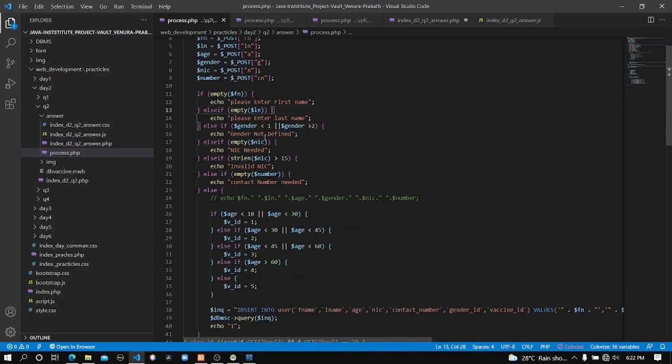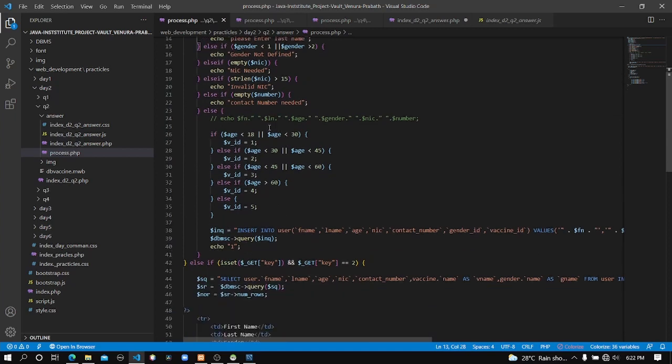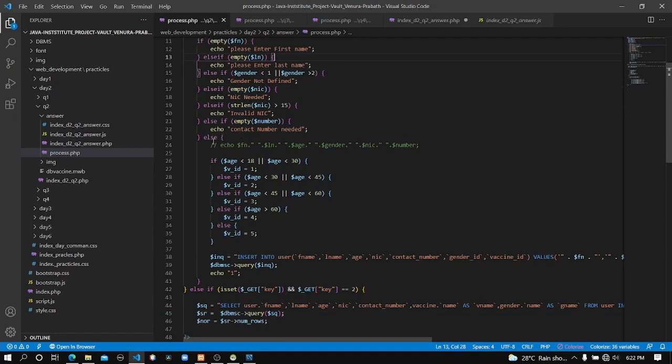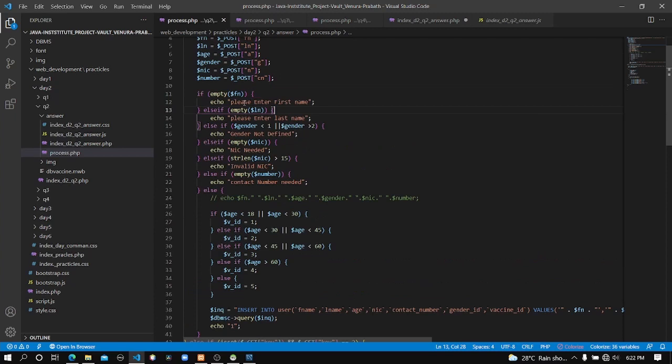And like that, all the input fields are validated. You can see after that, none of these conditions are true. That means the first name field is not empty and the last name field is not empty. Like that, none of these conditions are true. All of these are error codes. It will show if the data is not correct,